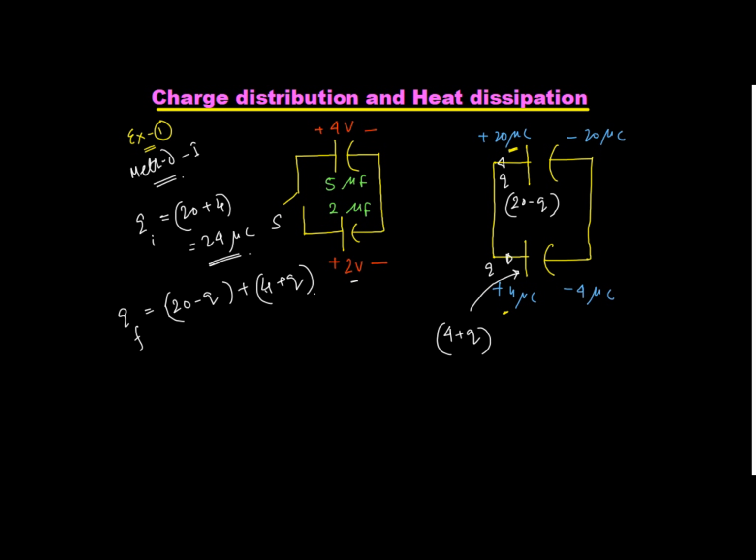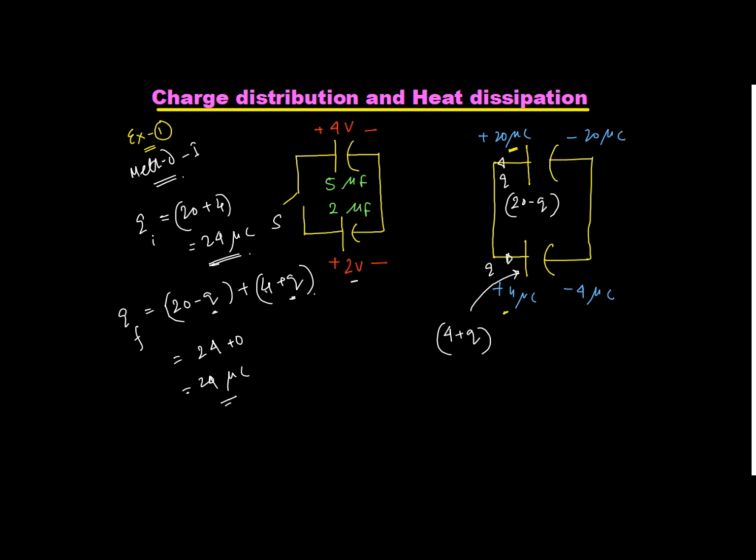Fine, clear only, no? Right. So in that process, if you do, it is coming 24, and this uses check minus Q plus Q, it becomes 0. So it remains to be 24 microcoulomb. I hope for everyone it is clear. You understood the technique, correct? So for the system, there is no charge leaking out. So this has to be constant.